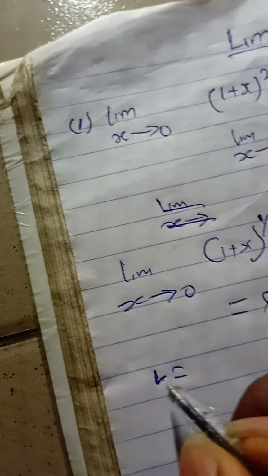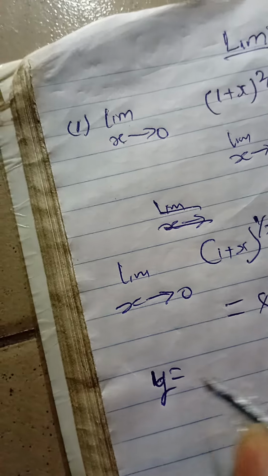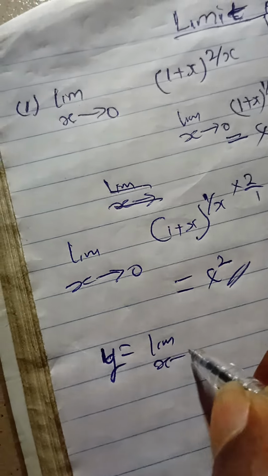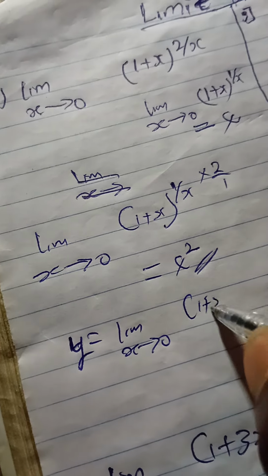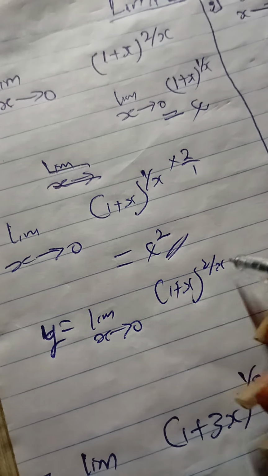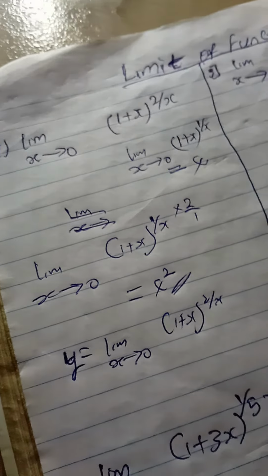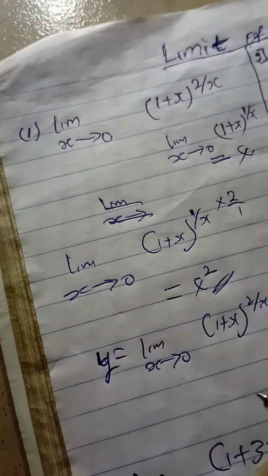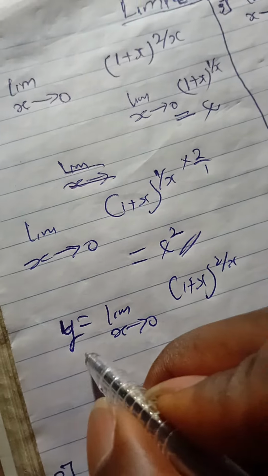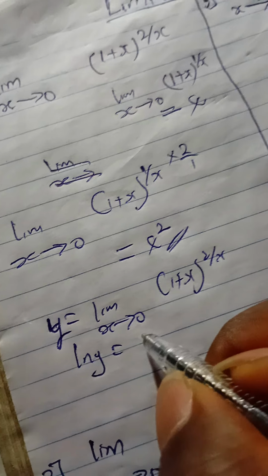Let's use another method. Now, let's say y equals limit as x tends to 0 of (1 + x) raised to the power 2 over x. This is the question. Let's say the question is equal to y. Now, take ln of both sides. If you take ln of both sides, what do you have? ln y equals